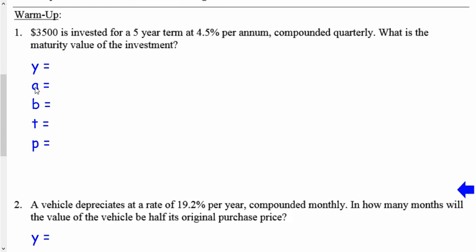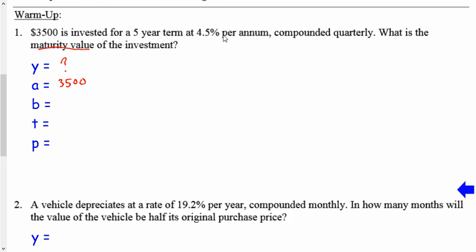Well, you'll remember that y is our future amount. That's what we're asked to find for this question. When we're asked for a maturity value, that's going to be the value at the end of this term. A is the initial amount, so that will be our $3,500. B is our growth rate. In this case, we have